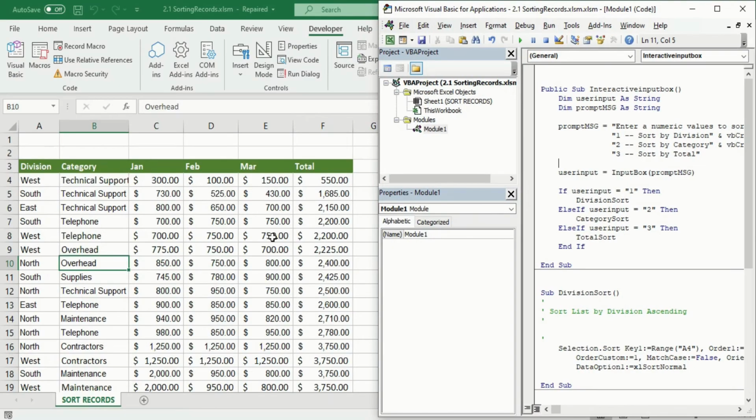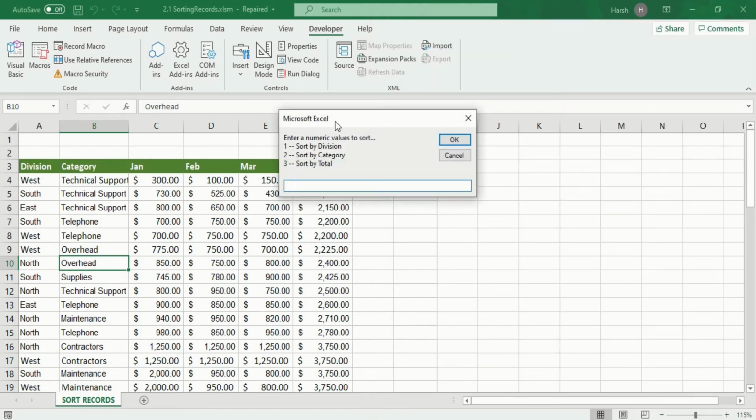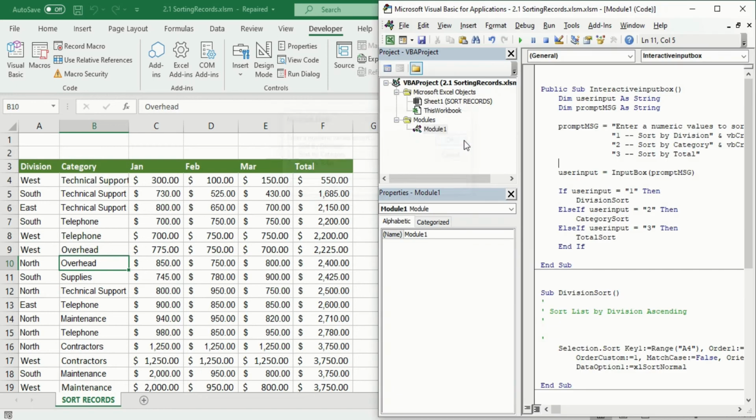In the Visual Basic editor, you will see all the code which you have written for the input message. If I put it on the side of the window and click on run, you will see an input box that asks to enter a numeric value to sort by division, sort by category, sort by total. But what if the number entered is not within this criteria? Like I put 4. Let's click on OK. Now you will see it is again returned back to our Visual Basic editor.